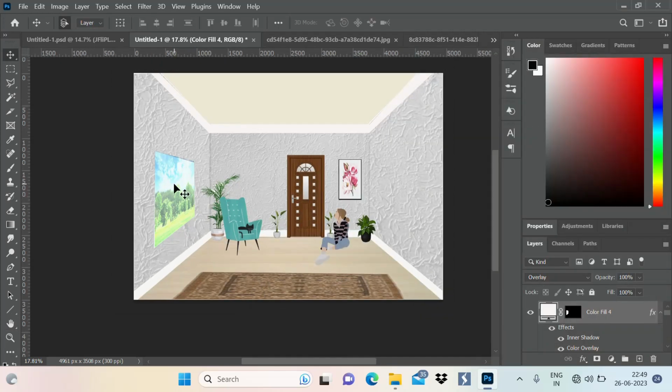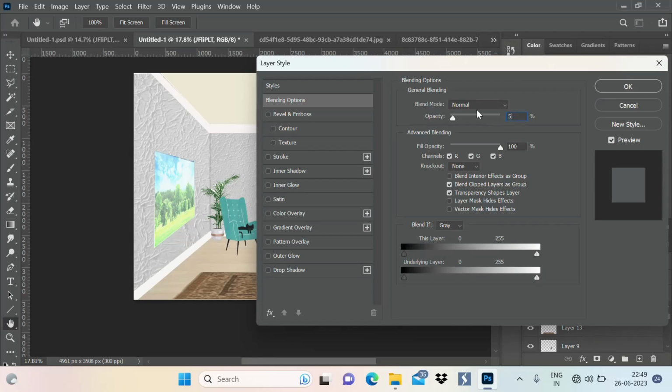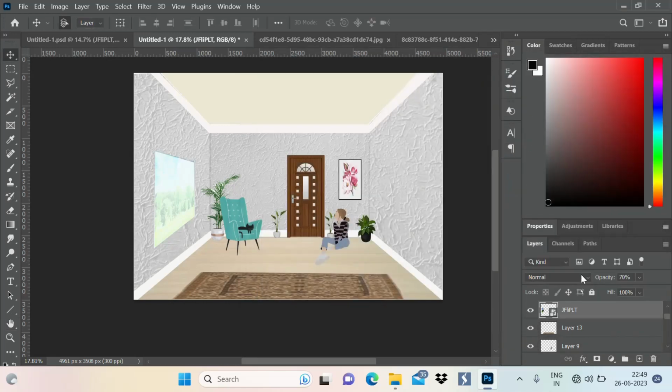I think image opacity is more, so I will just, no, 70. Okay,